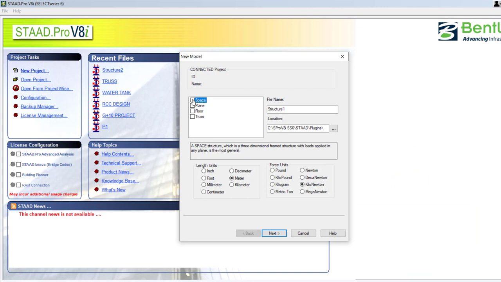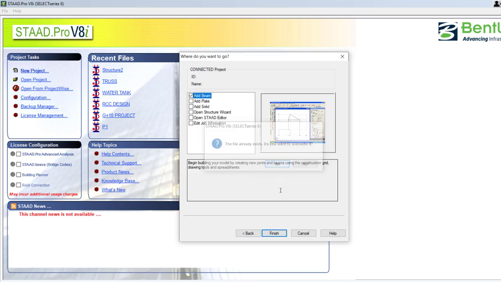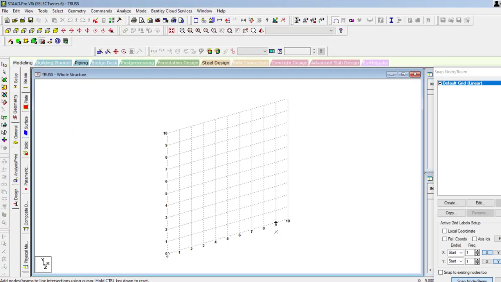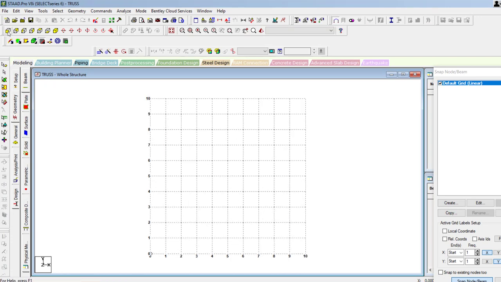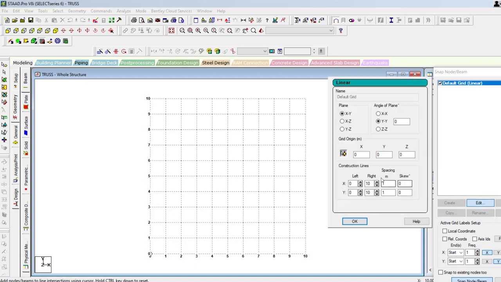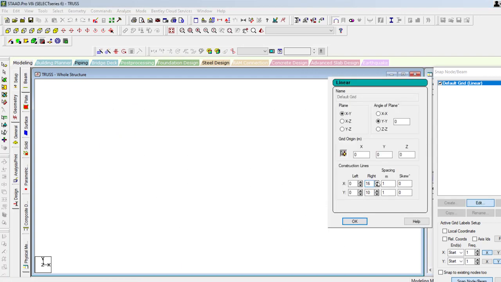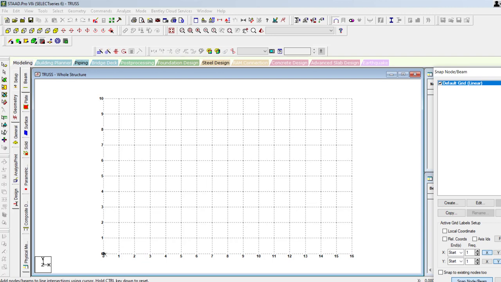Let's do the same thing. Click on new, space, and then truss, meter kilonewton. Next add beam method, and then finish. Always keep it in mind that whenever you want to create the truss, keep your plane in x, y itself. According to the problem, I am just increasing the number of grids into 16. After that I start the length, that is height, and then 16 meter is a width, and then again